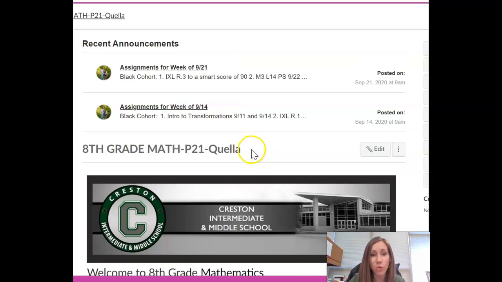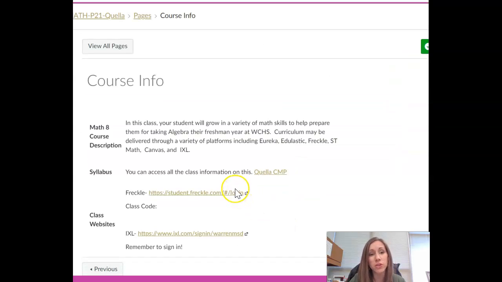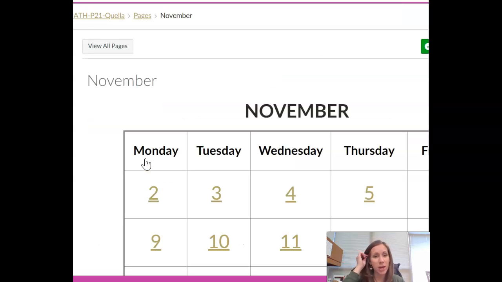If I go back to that course homepage and click on course info, many of our teachers here have shared just a brief overview of their class in general, some syllabus-related information, possibly a Zoom login, and then any other details related to digital content or other tasks for their particular class. In terms of the assignments that students will be doing each day, you can see that they're laid out month by month. And so if we click on November, since we're now in November, and we know that today, when I'm making this video,